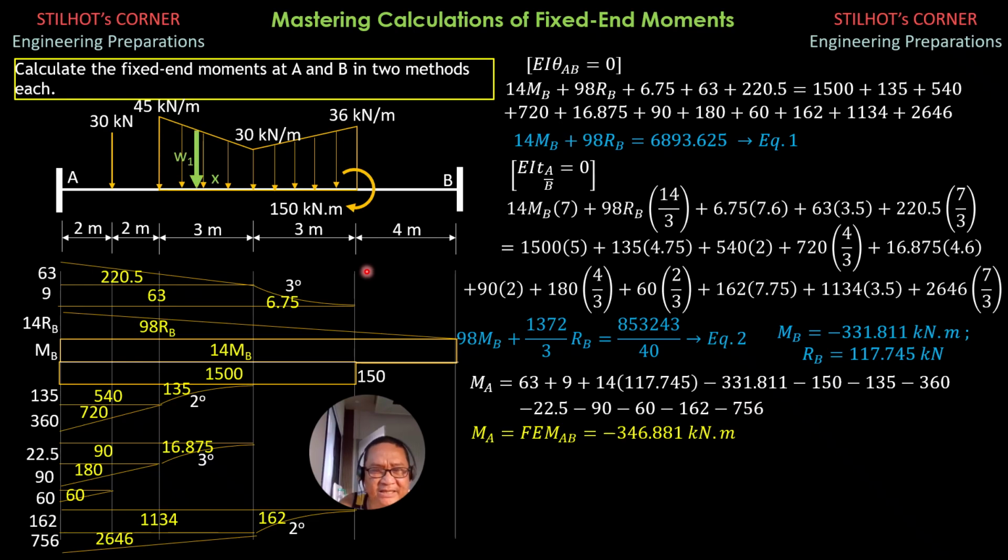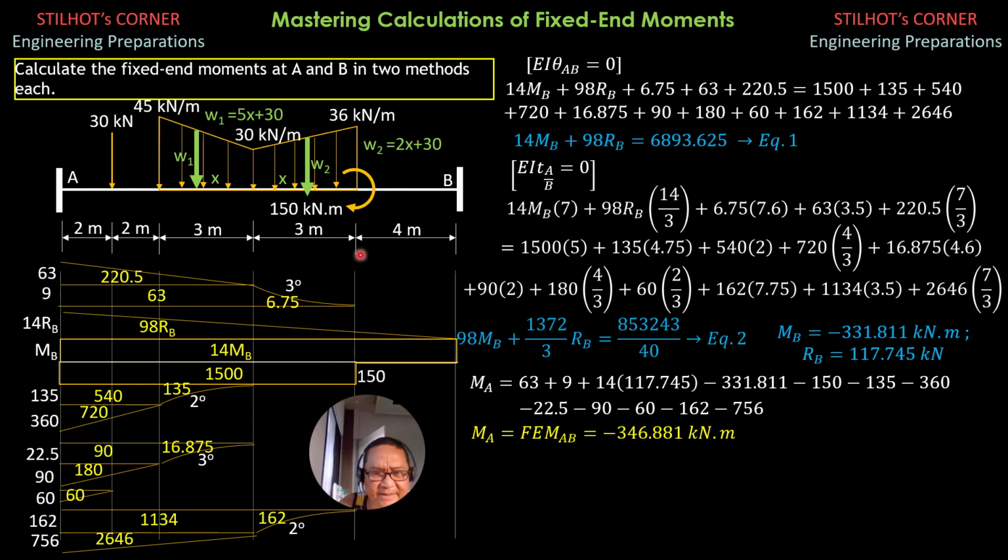Then the other way, by integration. Call this W1, thickness is dx, and I'll call this x from this end. So by similar triangles, W1 minus 30 is to x as 45 minus 30, which is 15, is to 3. So W1 is 5x plus 30. For W2, this is x here, W2 minus 30 is to x as 6 is to 3. So W2 is 2x plus 30. W1 is 5x plus 30. W2 is 2x plus 30.